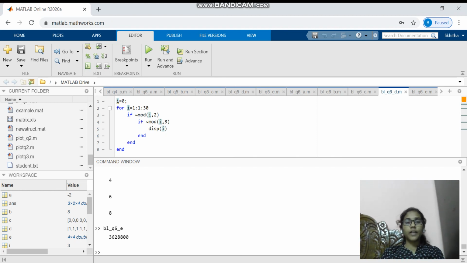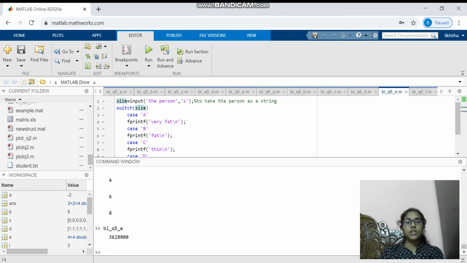If 3 is not a factor of i, it will display i. Means the multiples of 2 and 3 will not be present in the result. This is the loop.